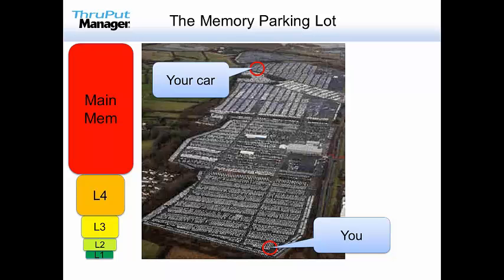Or put in simpler terms, I've used this analogy before, so I found it helpful, the memory parking lot. There's you, and there's your car. Your car being, in this case, in the CPU analogy, your next instruction or the next piece of data that you need. As fast as that processor might be, if that instruction is all the way up in memory, that's going to take a lot of cycles, potentially hundreds of cycles to actually fetch that, during which time the CPU is spinning away unproductively.